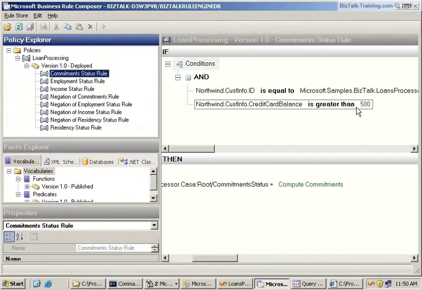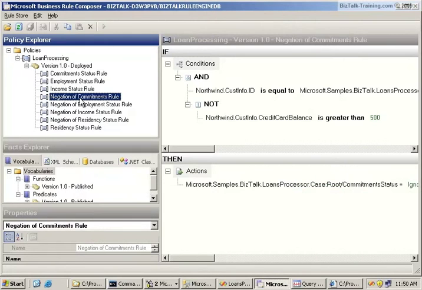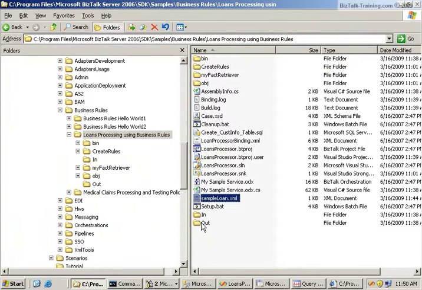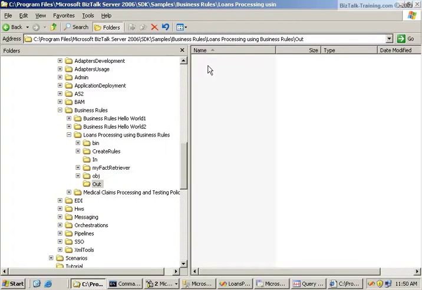So it's not greater than 500. Therefore, that rule is not going to fire. So if we look down here, there should be a negation of commitments rule that said if it's not greater than 500, we should say here ignore commitments. And again, if we go look at the output file that it created,